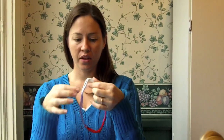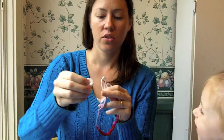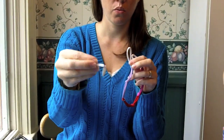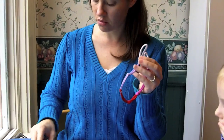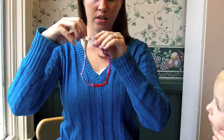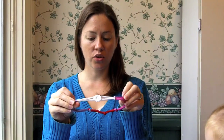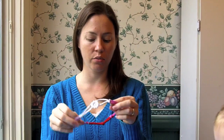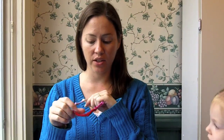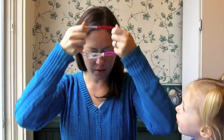And trying to avoid that little loop at the end, I used a barrette. So this is just a little white barrette, and I looped the two ends into the barrette and clasped it. And so you can either put that little barrette in the back so that nobody even sees it, and it's just a different way to end the headband, or you can use it as,